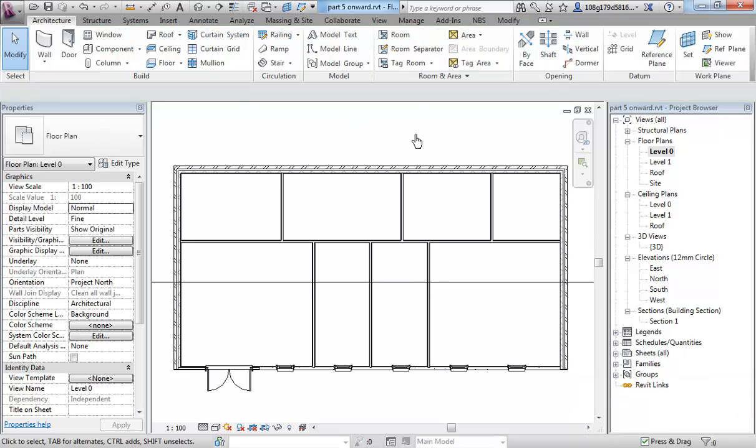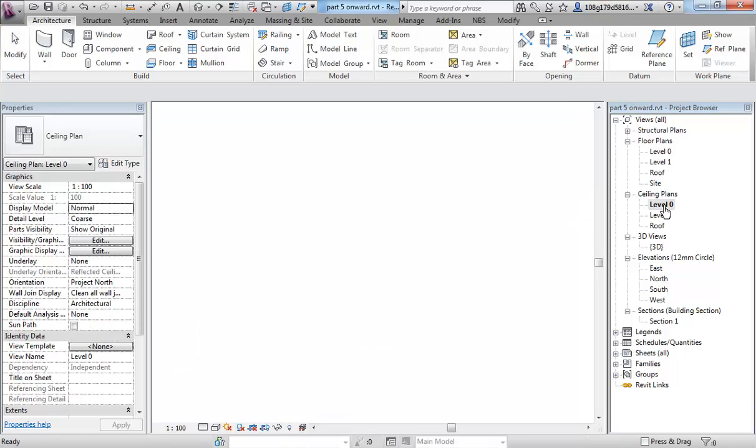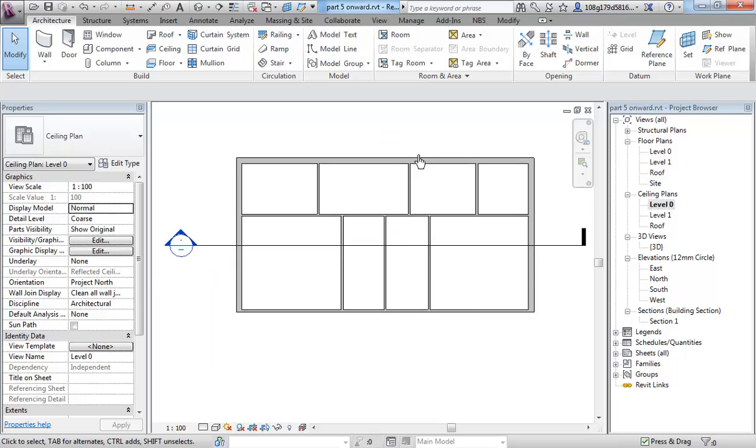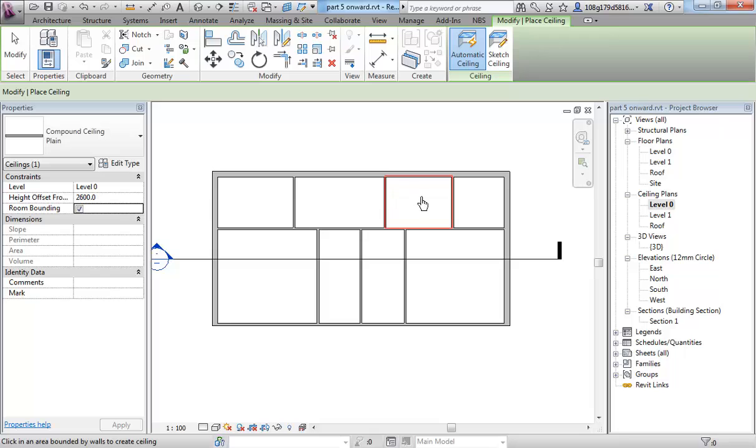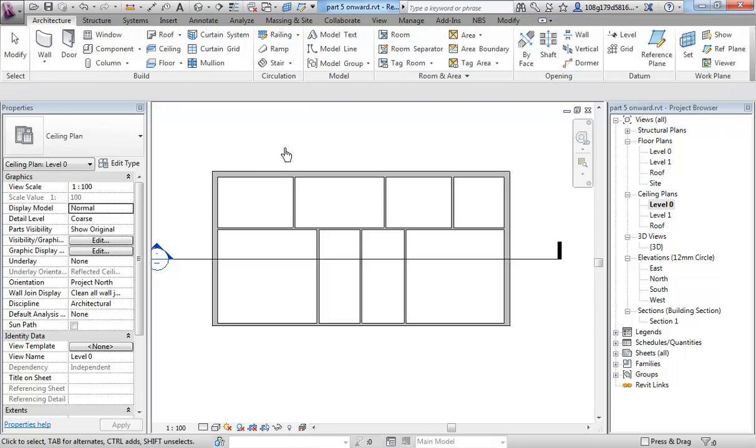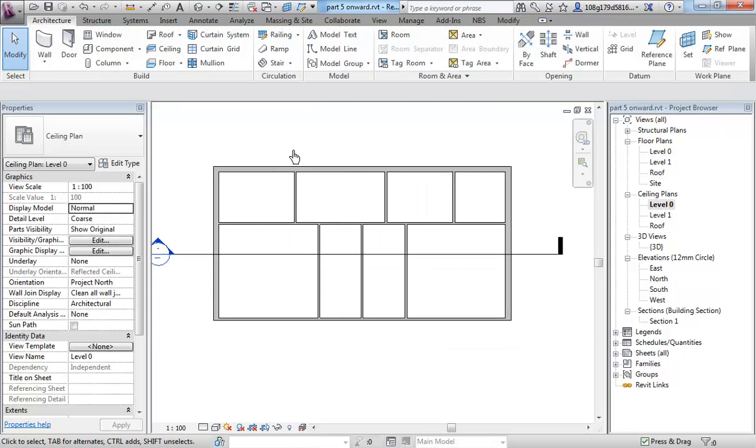A better way of putting ceilings in is going to the ceiling plan, obviously level 0 ceiling plan. If I turn on the ceiling tool, I can now start clicking in here, and it looks like nothing has happened really, but